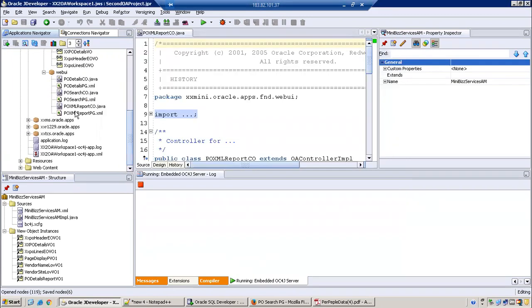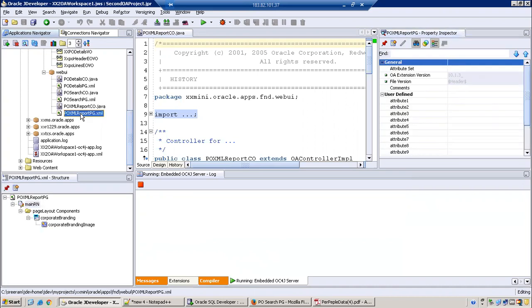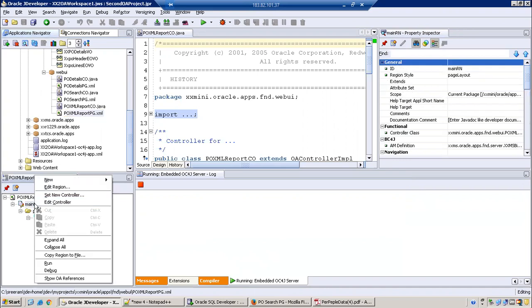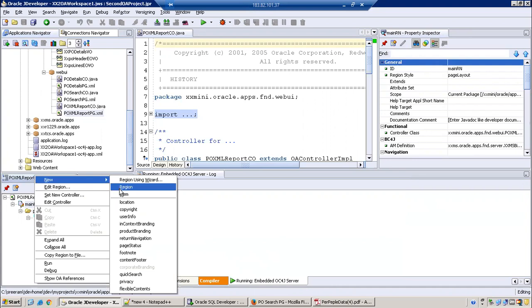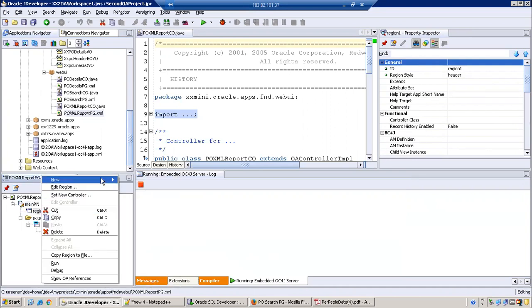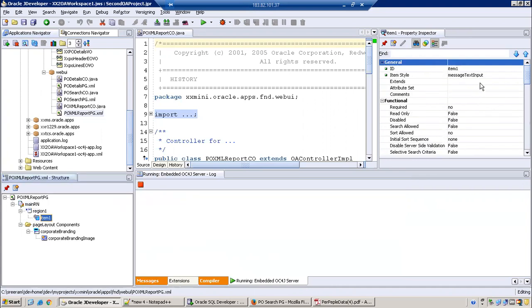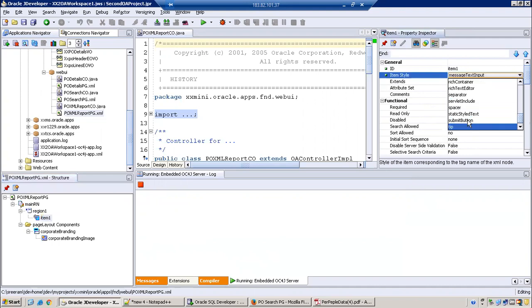Now what we require is, so in the PO report page, right? So here, first of all, to design our template, we require XML data. Okay. So first thing is we'll try to concentrate on generating XML data from the Vivo. So as of now, I'll just create a new region. In this one, I'll just create one more item with a submit button.